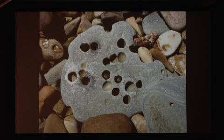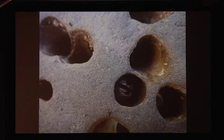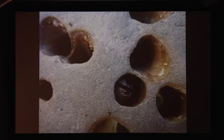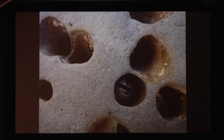Now this is something you may have seen. You know what makes these holes in the rock? This is kind of typical in some of the Monterey shale that we find here. This is the piddock, or pholads. These are little boring clams that live in the rock. They don't like to be up on the beach. These guys are dead now, but